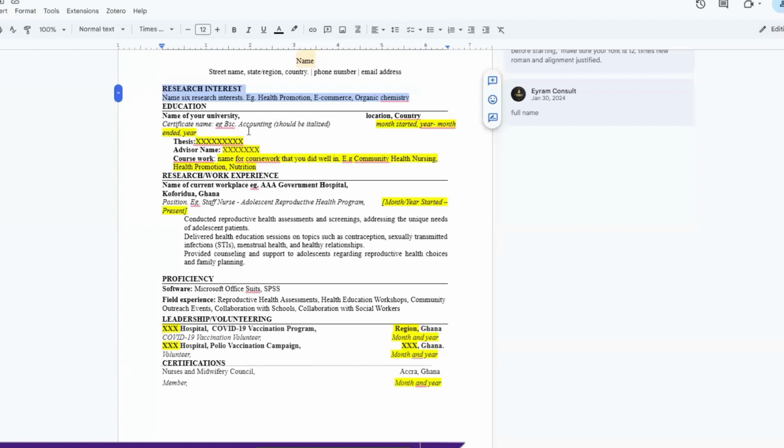Then the name of your university, the certificate, your thesis or your project work. If you did a project work, you list that. And you list some courses that you